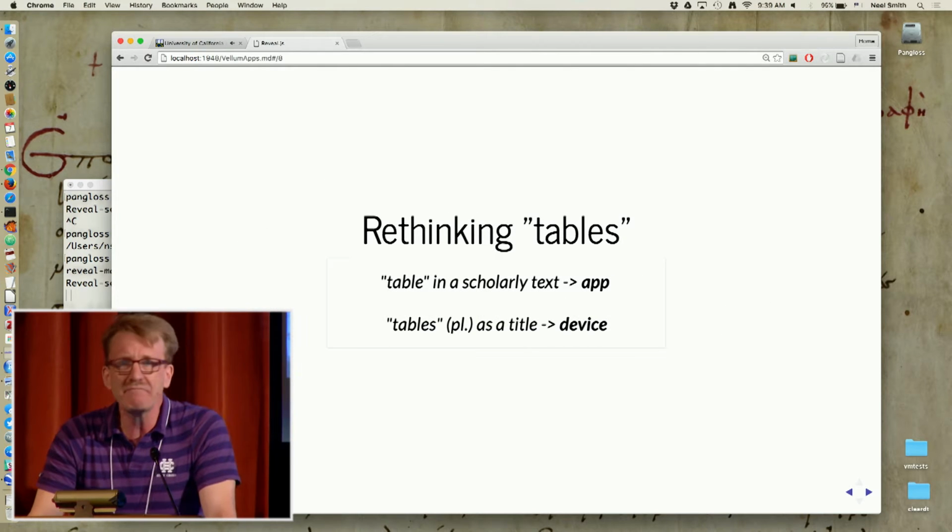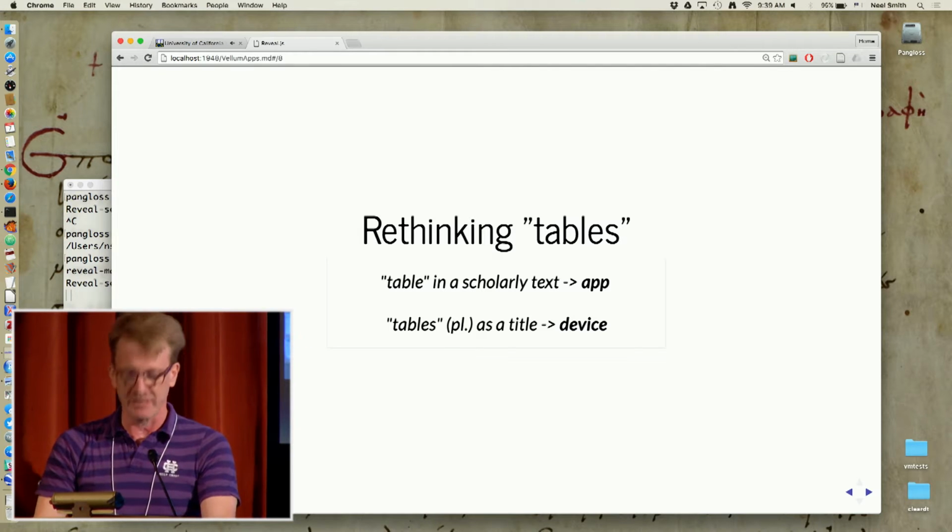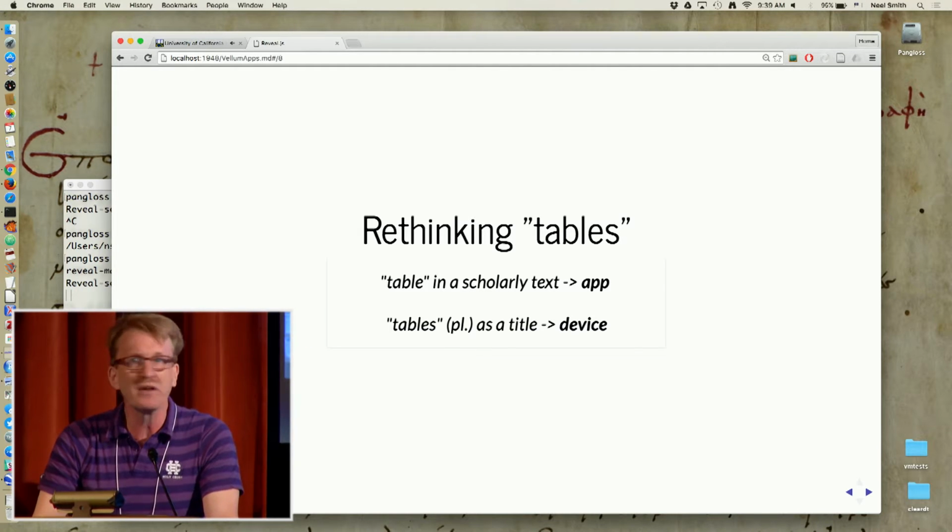So what I've been working on recently is rethinking what tables are when we see them in a manuscript. And I want us to be good Greek students, all right? Not the kind who sees the word table in Greek and writes down table. I want to ask, what does it mean? And so one suggestion I'm making today is when you see tables in a scholarly text, think of it as